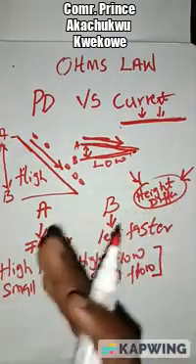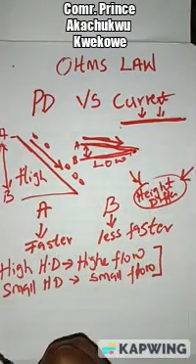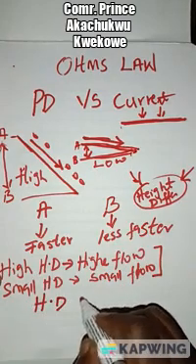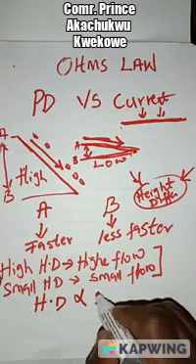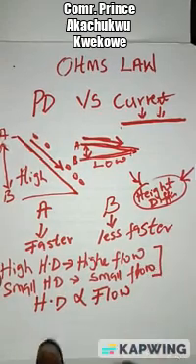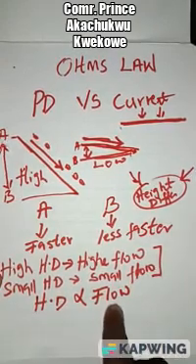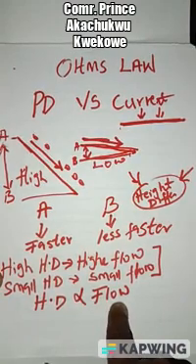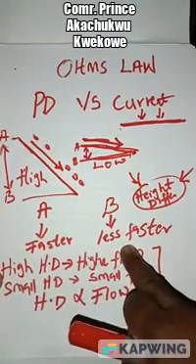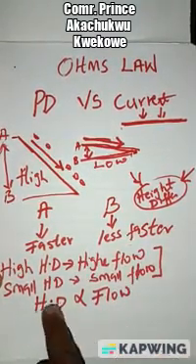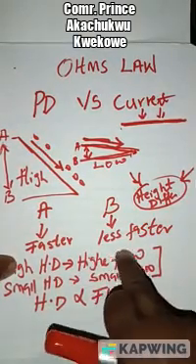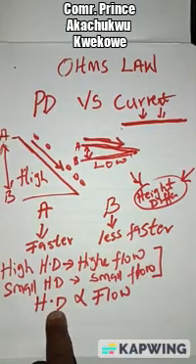Now, look up. Let's assume we want to state it mathematically. We can say that there is relationship between height difference and flow. Height difference and flow. We can say that height difference is directly proportional to flow. You understand? When we say height difference is directly proportional to flow, if this one is high, this one is also high. If this one is low, this one is also low. That is, if height difference is high, like in this case now, flow will also be high. And if for any reason height difference is